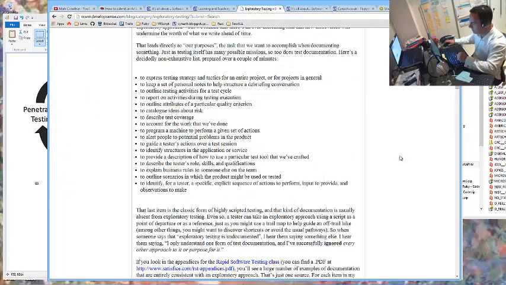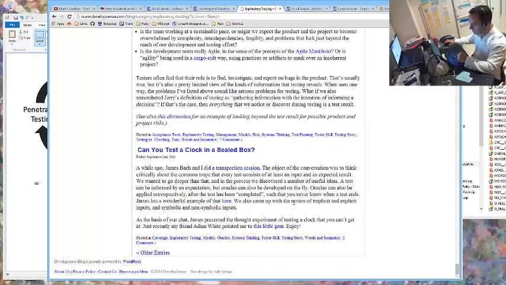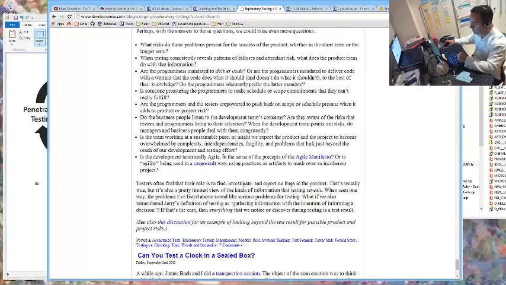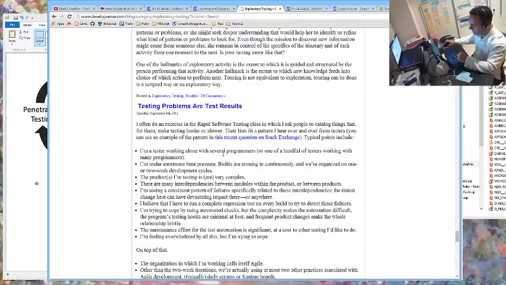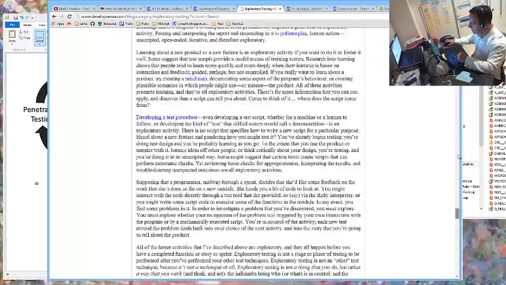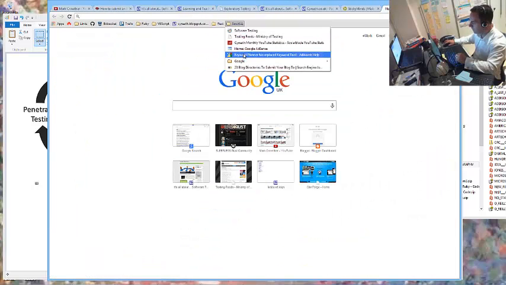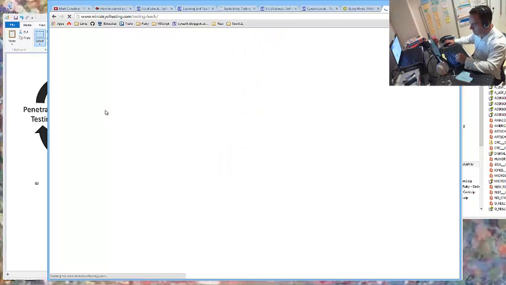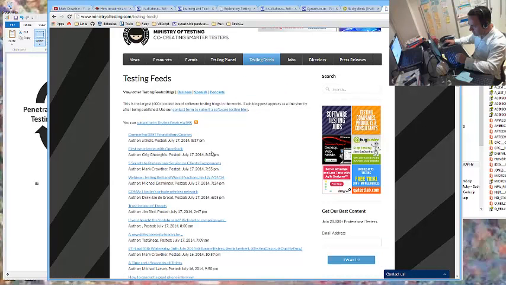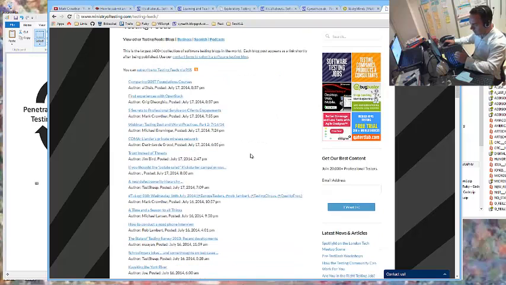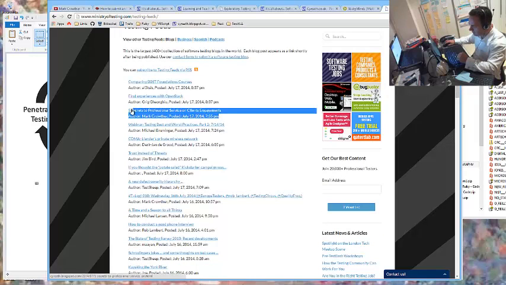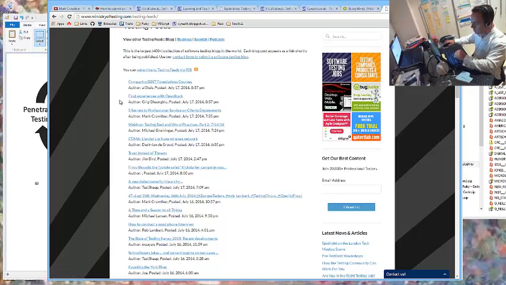And what the guy was doing was just reading through each of these articles by topic, by category, etc., and getting the best understanding he could of the material. And that's a fantastic thing to do. Reading extensively is very, very important. My and other blogs, in fact, if we go to Ministry of Testing, the testing feeds is a great way to have a reading list. And here is, in fact, the latest blog post that I've done. Another couple popped up here. And keep reading through. Keep reading extensively.